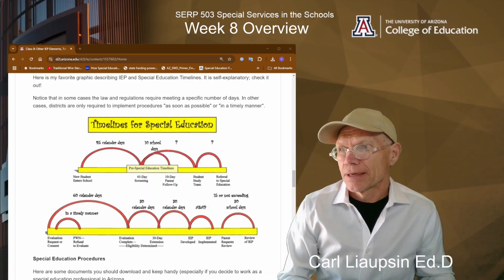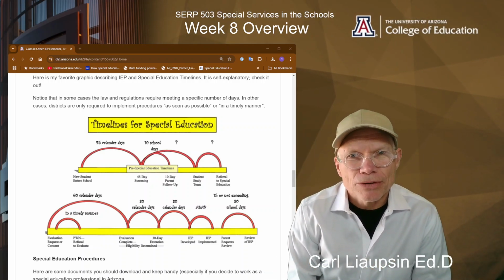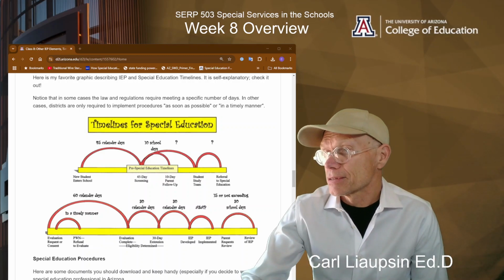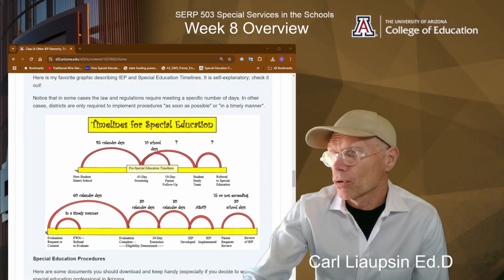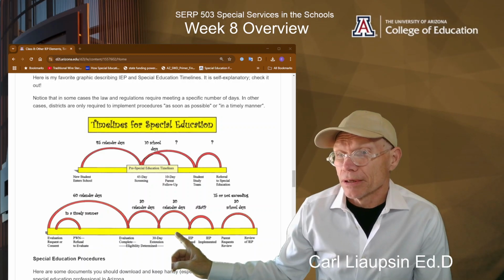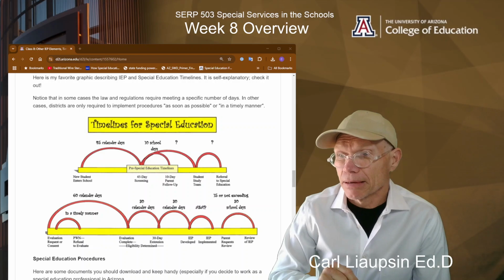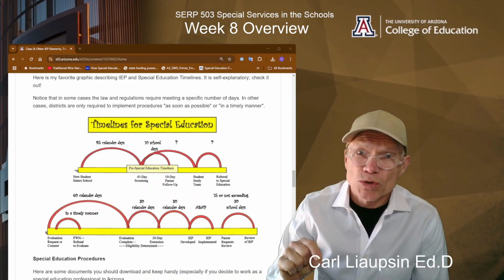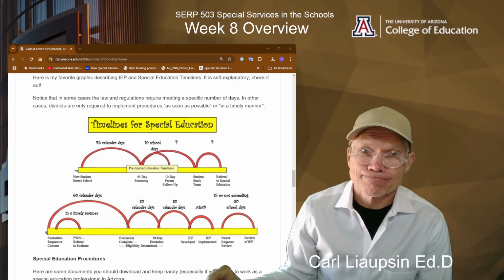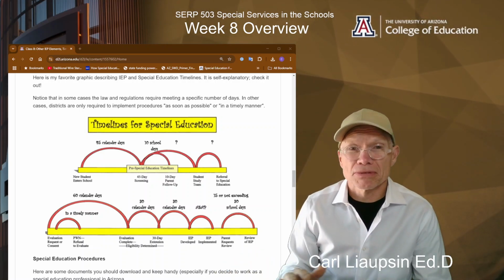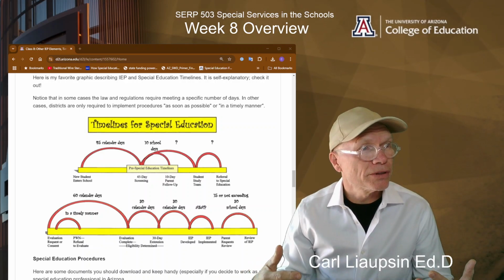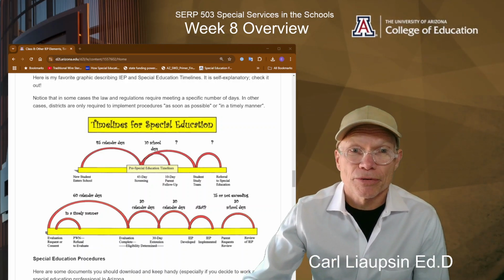It demonstrates how many calendar days or school days there are between certain things that happen, such as, you see down below at the bottom, when there is final parental consent for evaluation, the school has 60 calendar days to complete the evaluation and meet. That's just a demonstration. There are lots of specifics to these timelines, and they're included in some of the other documents that I'm going to provide to you.